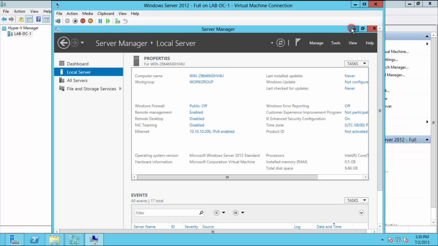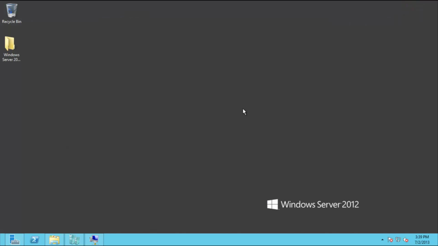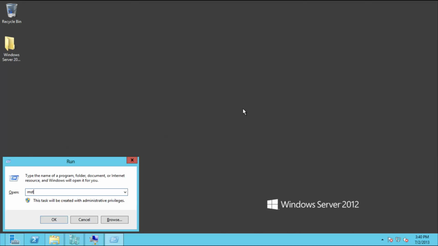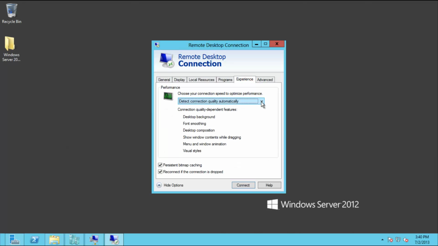So now how can you test all this? Let me go back to my main Windows Server 2012 machine, which is here, and let me type MSTSC, that is Microsoft Terminal Services Connection. Just click on OK. Then type the IP address of the machine, and the IP address of that Windows Server 2012 is 10.10.10.200. Make sure you have configured some of the good options for yourself if you like to make changes. Just like I always like to use the LAN 10 Mbps or higher speed,